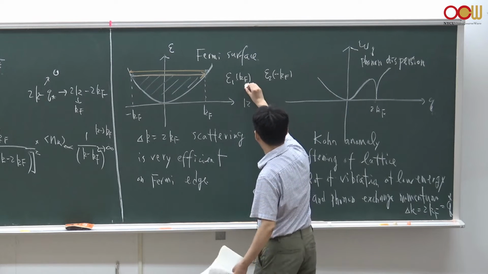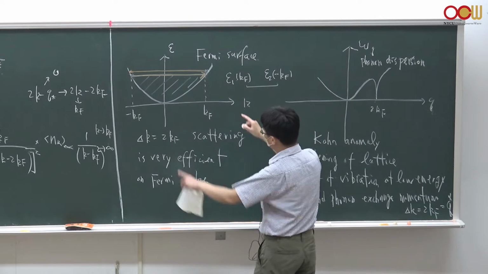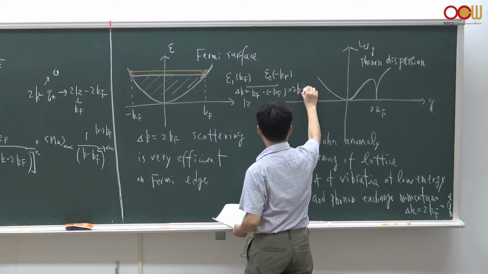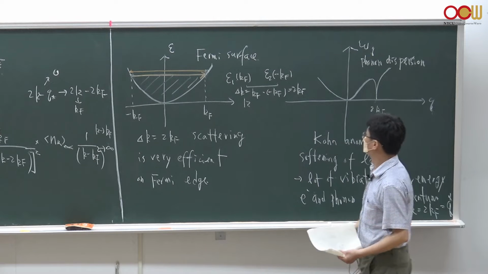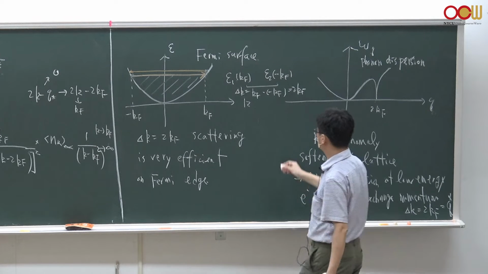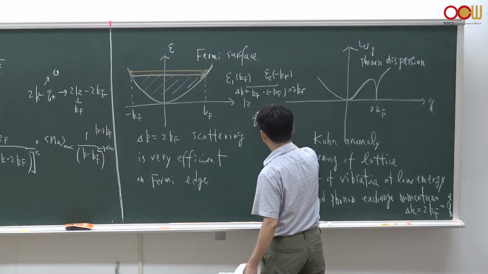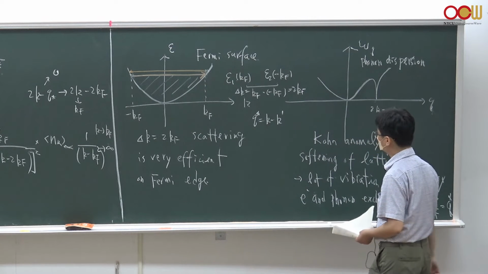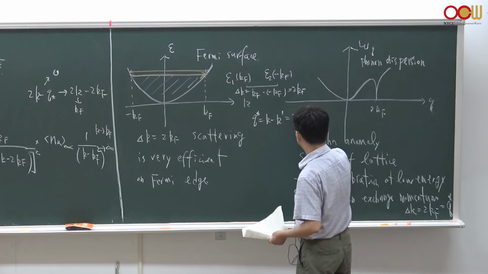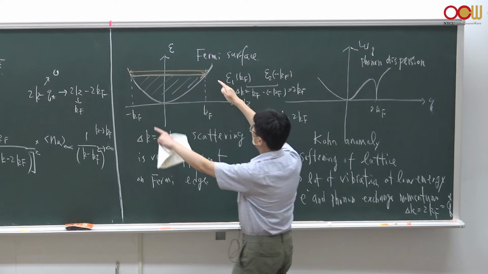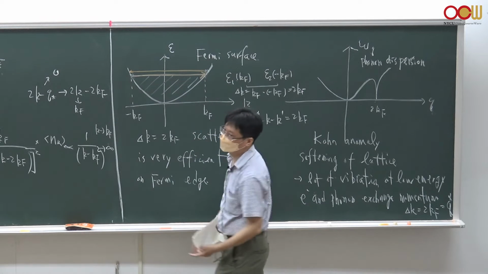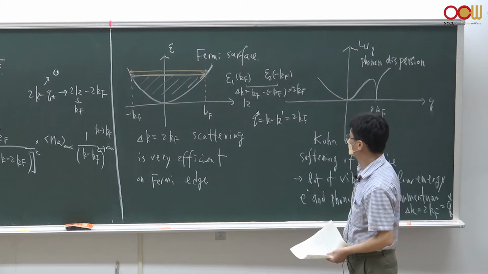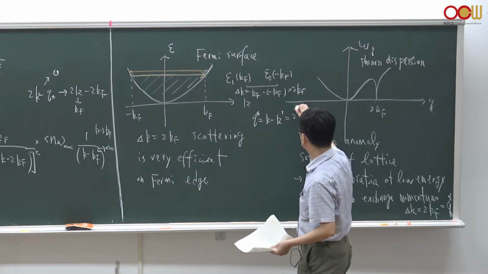So the momentum change of these two electrons across the Fermi edge is precisely 2kF, which is the difference between two electron states, k minus k prime. So these two electrons exchange their momentum, and the momentum transfer between them is precisely 2kF, and this